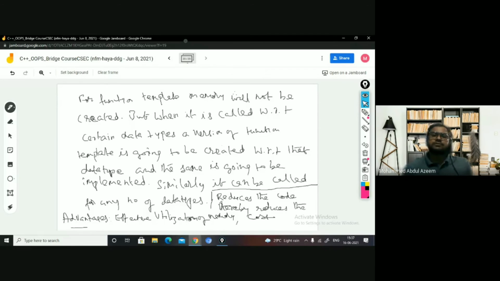So these are the advantages of the function template. I hope this is clear to all of you. We can go for demonstration if this is clear.